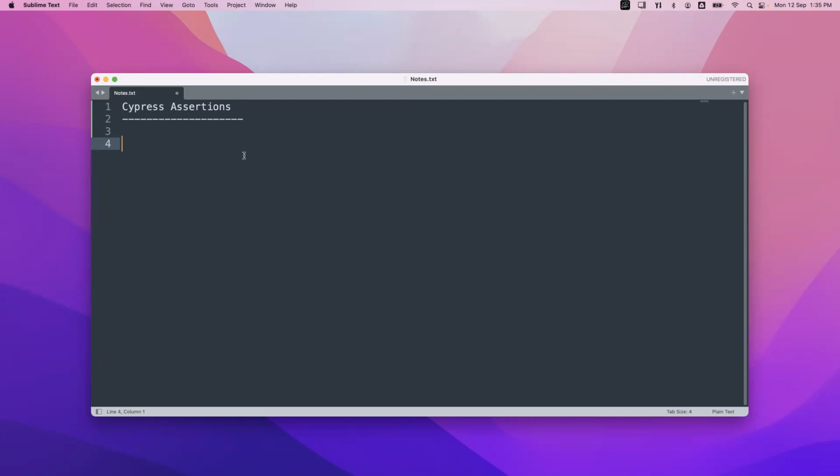Mainly the Cypress assertions are divided into two categories. One type is called implicit assertions. These are the default assertions in Cypress. Cypress provides these by default, and we call them implicit, or built-in assertions. The second type is called explicit assertions. So these are the two categories of assertions we have. Implicit assertions are built-in assertions which are supported by Cypress directly, and explicit assertions are assertions which we need to